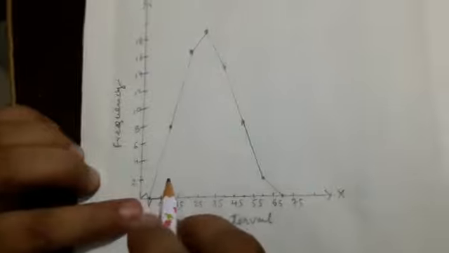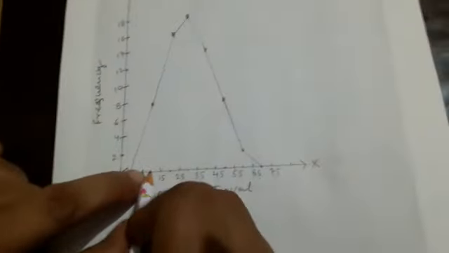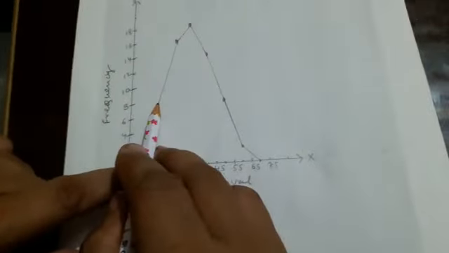Now let us mark their mid values. So 5 to 15, what is the mid value? Between 5 to 15, 10. So this is the 10. This point represents 10, and according to this we have to represent 8. Frequency is given 8, so on the same horizontal we will go and mark the frequency 8. Similarly 15 to 25, what is the mid value?